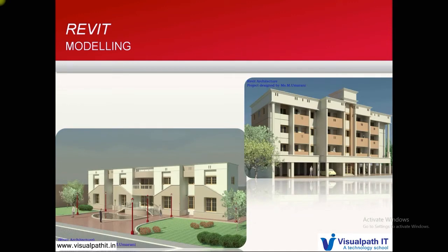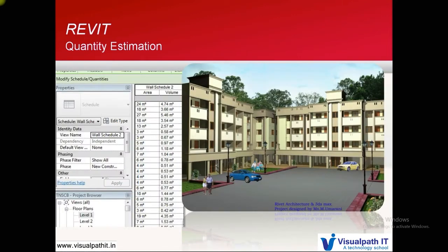However many stories, 3 stories, 4 stories, any number of stories, the file size can be controlled by you. So you can see the output picture now. This is a school project, a multi-residential project is there. This is a commercial project. You can see on the left-hand side how the quantity will be estimated by Revit for you. So you take out the quantity and put it in Excel and you can get the rate estimation also.